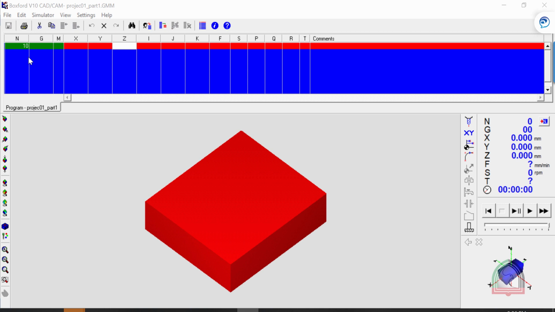Then when you come over here, this is the menu bar, and this is the most important area. Here we are going to enter the part program. The first column represents the number of the part program. This column is for entering G code. This is for M code. X, Y, Z, I, J, K is for the coordinate system. F is for the feed. S is for speed. P is for calling some subprograms,